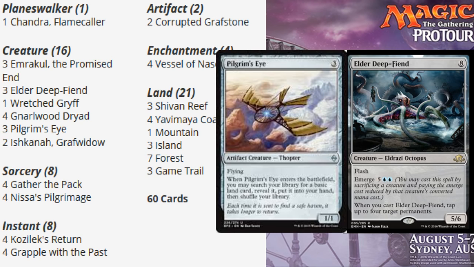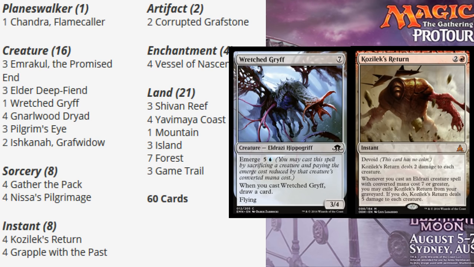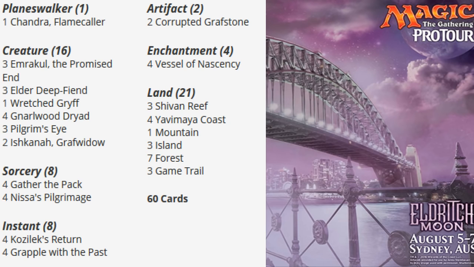main deck emerge target. It plays Kozilek's Return, there's that card again, so that when you play Emrakul or Deep Fiend, or Wretched Gryff for that matter, which is randomly in the deck, you can wipe the board, and it only plays, check this out, 21 lands. Like, what? This deck is like